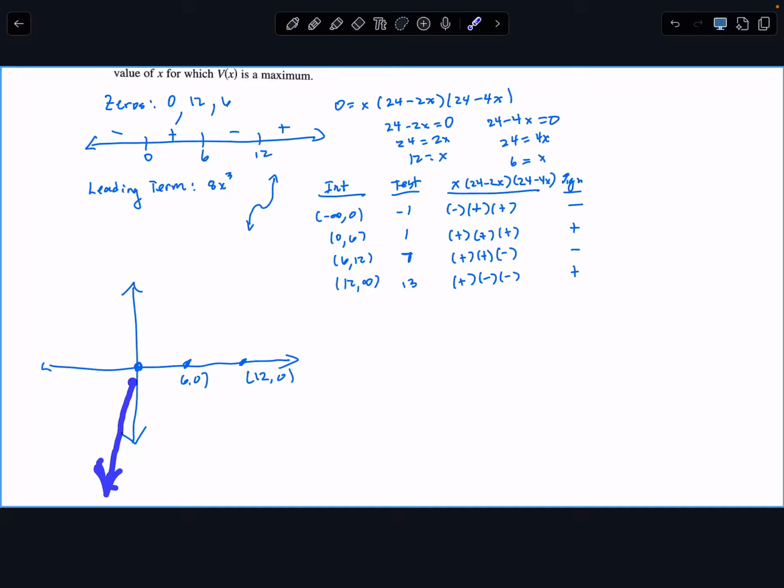Each of these has multiplicity 1, they're odd, so it's going to pass through. It's going to be positive, it's going to come back through at 6, pass through again, and come through 12, and pass through again. How high it goes here, how low it goes here, we have to do more work for that. But for just a sketch,